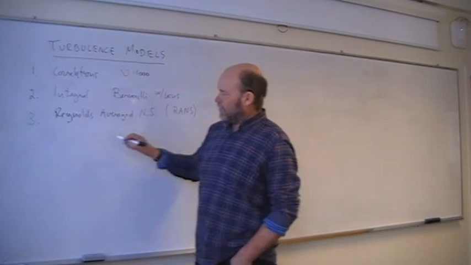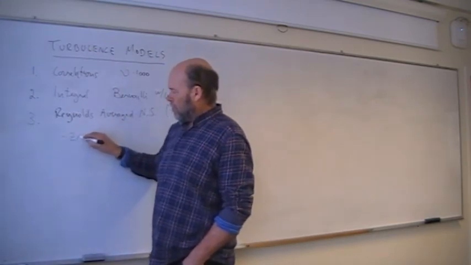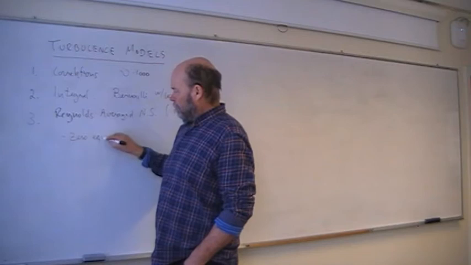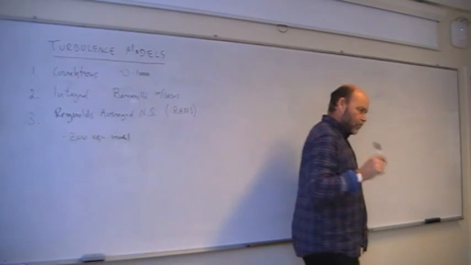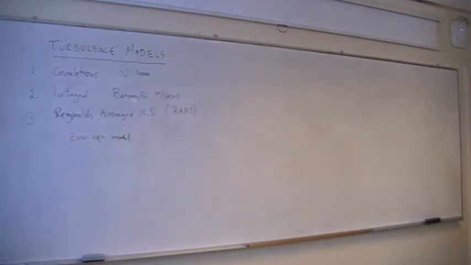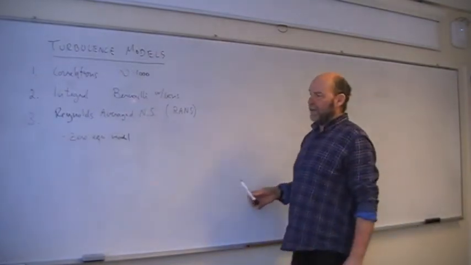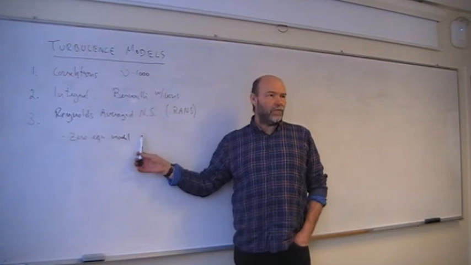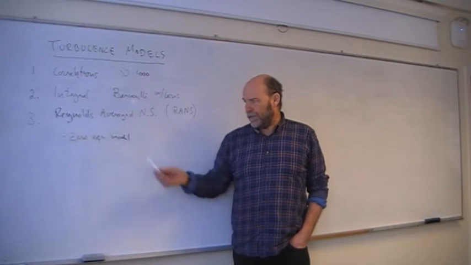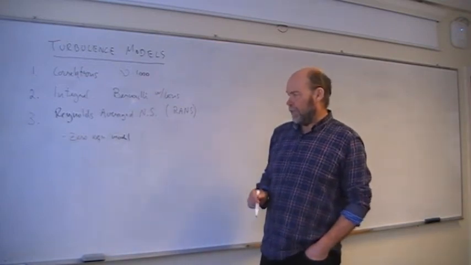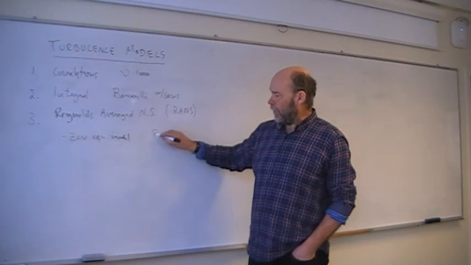And then as a subfamily, zero equation models, meaning you don't have a transport equation of any turbulent quantity. You don't move a turbulent quantity from one place to another. So this means if you create turbulence somewhere, you have to destroy it in the same spot. It doesn't move around. Here you have a lot of models, Prandtl's mixing length,